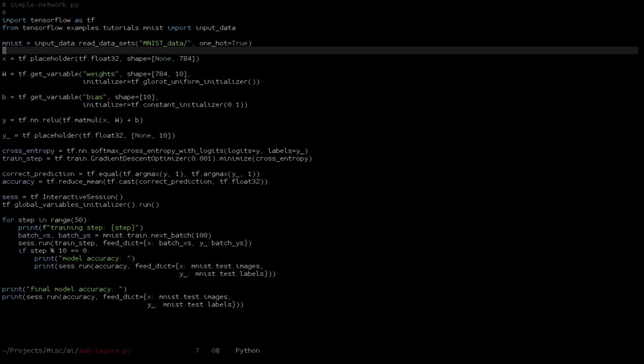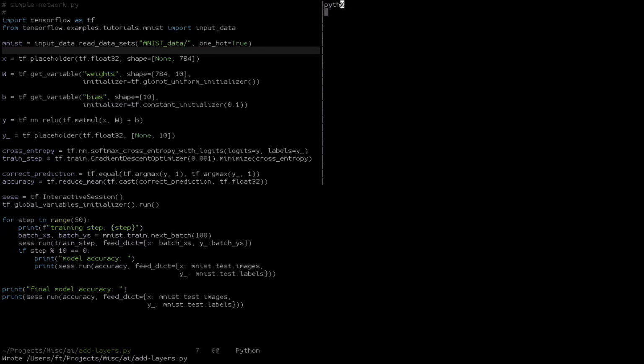Today, we're going to learn how to add layers to a neural network in TensorFlow. Right now, we have a simple neural network that reads the MNIST data set, which consists of a series of images, and runs it through a single, fully connected layer with rectified linear activation, and uses it to make predictions. We have accuracy reporting that tells us what we're doing,